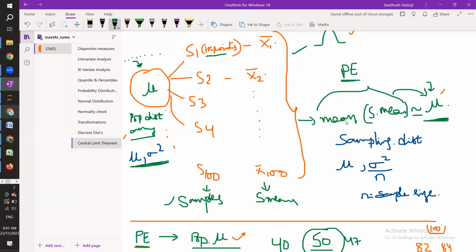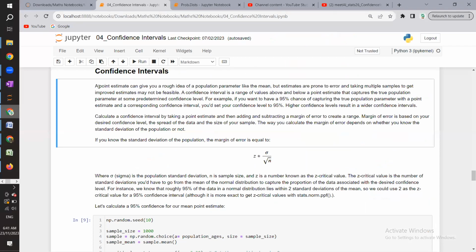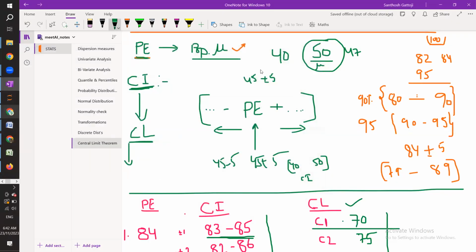Now coming to this particular point, when we say the mean is almost equal to mu, how much equal is it? Whether it will be exactly equal, or less than or greater than, is the point we would like to discuss. Next, we have seen that a point estimate is a rough idea of the population. It's just a rough idea, which means it is prone to errors. Taking multiple samples to get improved estimates may not be feasible. So instead of just saying one particular point estimate is equal to the population mean, which might or might not be equal,